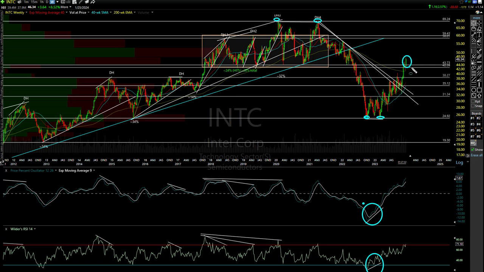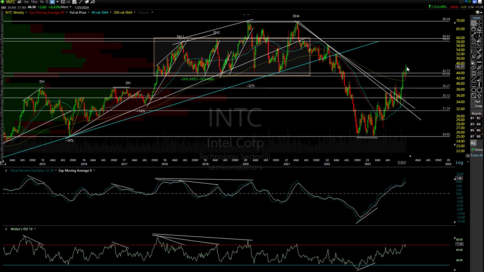However, I'm looking at this. I put this one out as a short recently, and I can tell you this right now. Let me just give you my thoughts. I think it's still going to play out, but I would definitely not short it right now, because we've now broken out. Today's Friday, so this weekly candle is probably going to print a close above that level. I suspect it'll be a whipsaw.